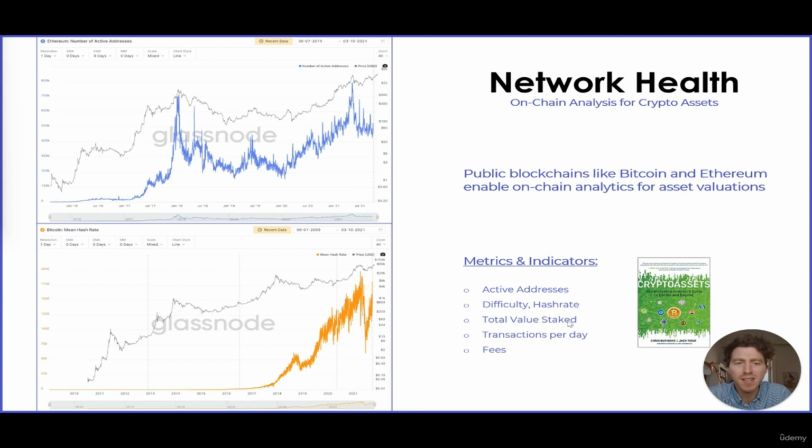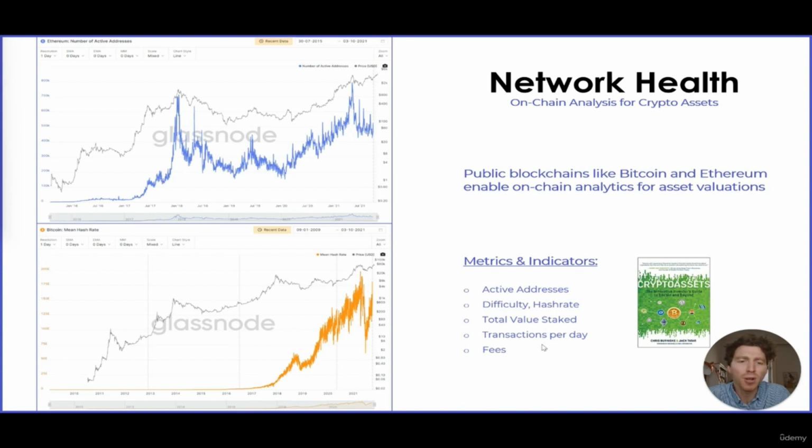Total value staked is a specific indicator within proof of stake networks. Ethereum, as we learned earlier on, is still in the proof of work consensus mechanism, but they are moving over to the proof of stake consensus mechanism. And for all staking networks,